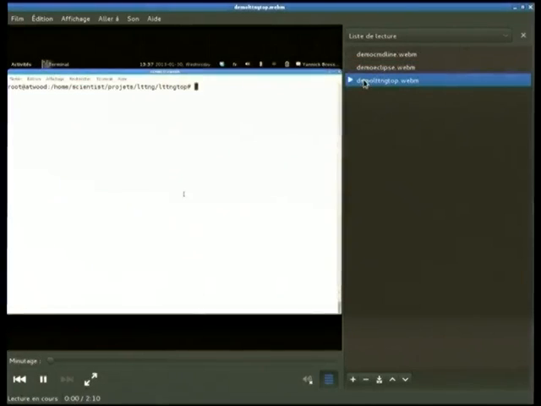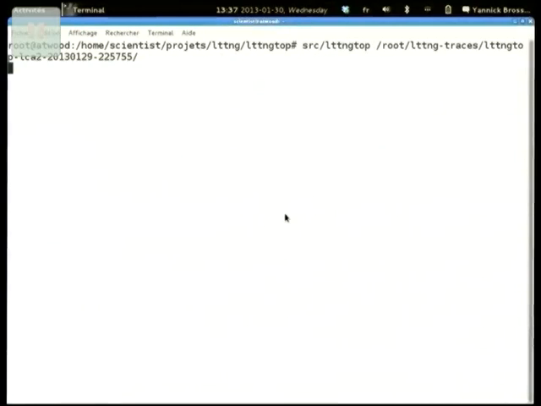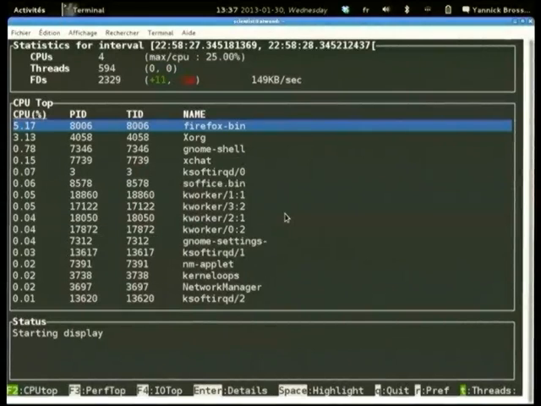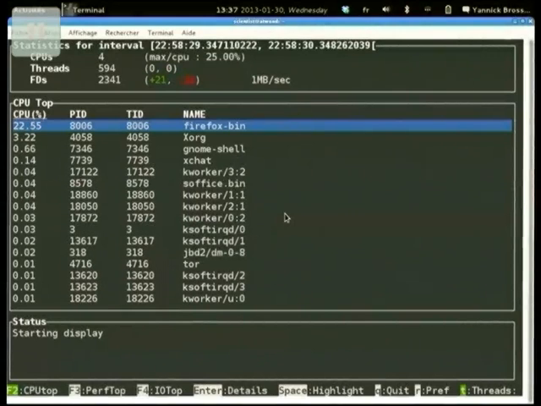I'll go first to LTTng top. This is a trace I took before. I just started tracing, went to Firefox, started a video on YouTube, and you can see a little bit of what's happening on the LTTng top side. It's quite similar to top. You have every process, PID, every thread ID, and their CPU usage. As you can see, by default, it goes